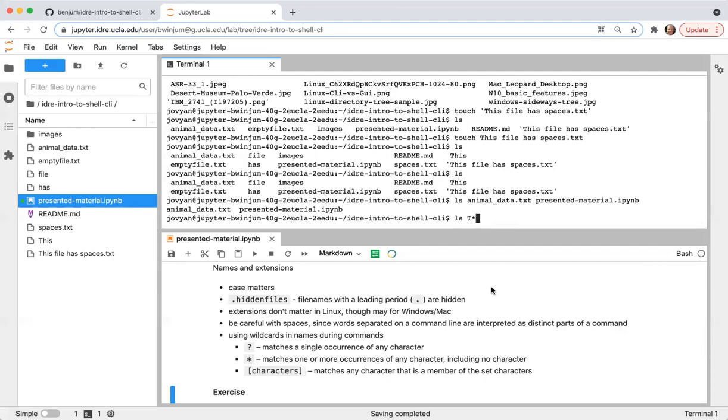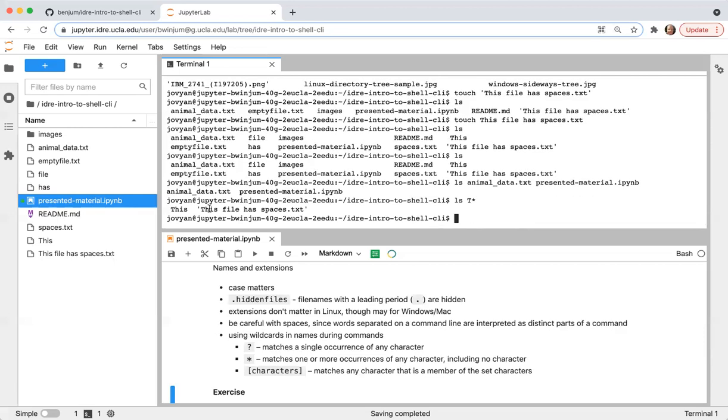So I can use T and the asterisk to match any file name that starts with the capital T and has 0 or more characters after it, which in this case is these 2 funny dummy files that I created.